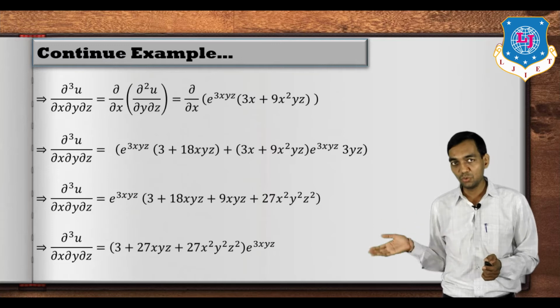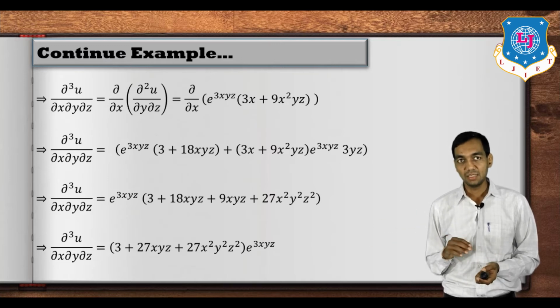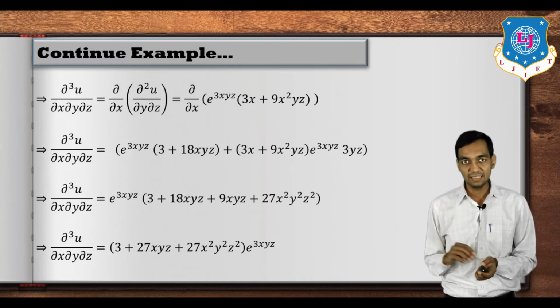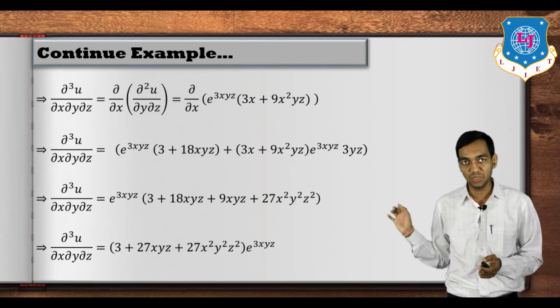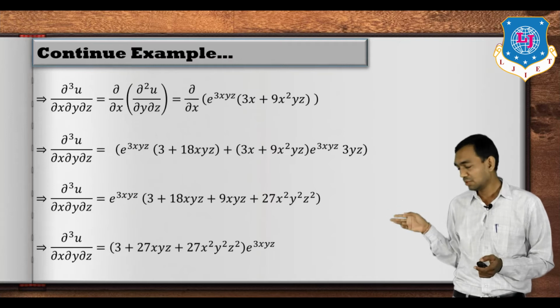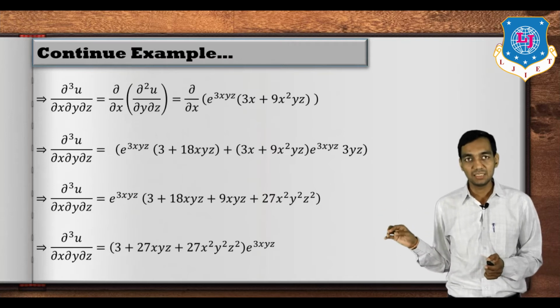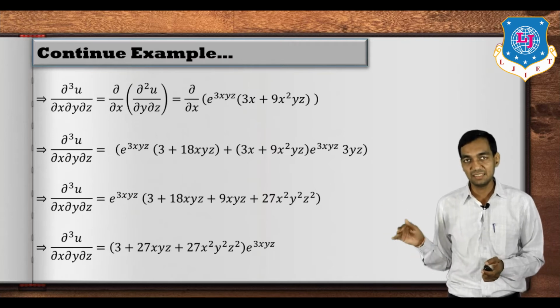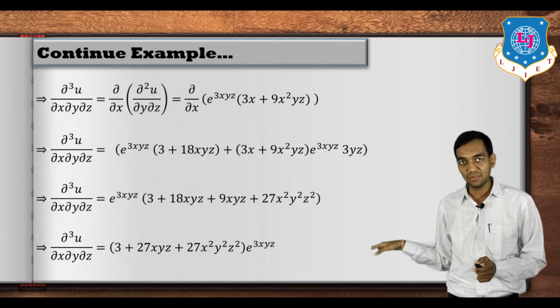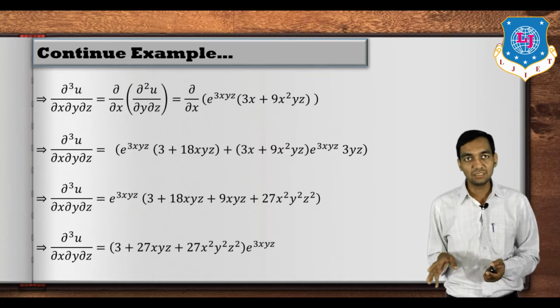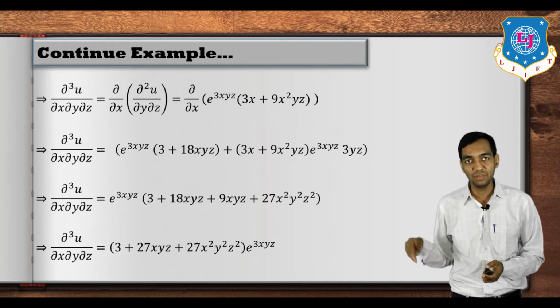Again you have to apply the u into v rule. So first, e raised to 3xyz as it is, and the derivative of 3x plus 9x square yz with respect to x. So 3x has a derivative 3, and 9x square has a derivative 18x, with yz treated as a constant. Secondly, 3x plus 9x square yz as it is, and e raised to 3xyz has a derivative e raised to